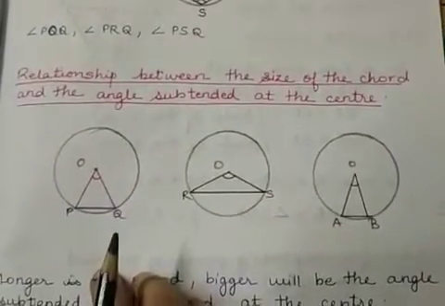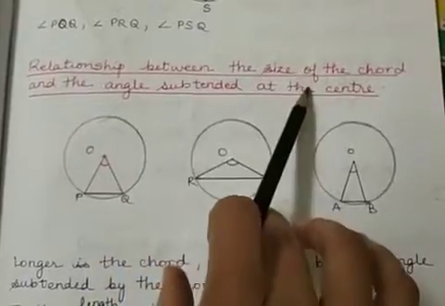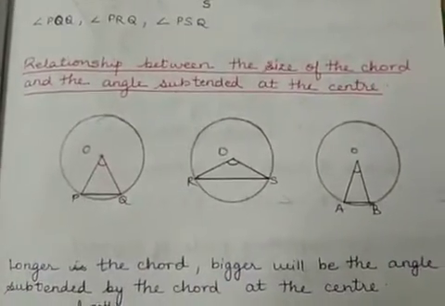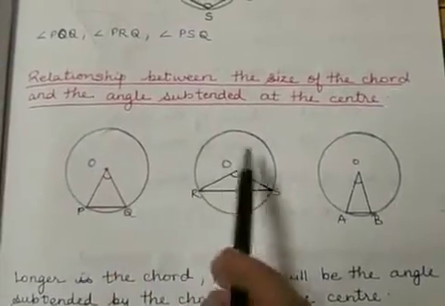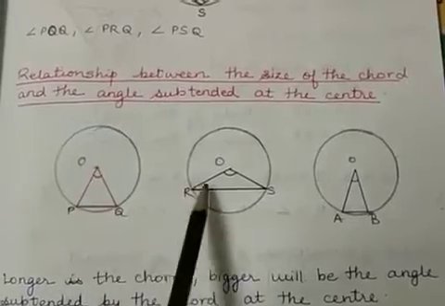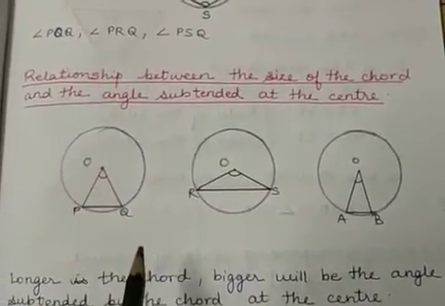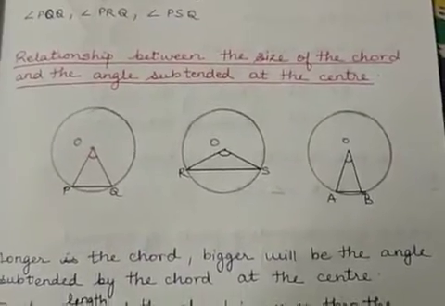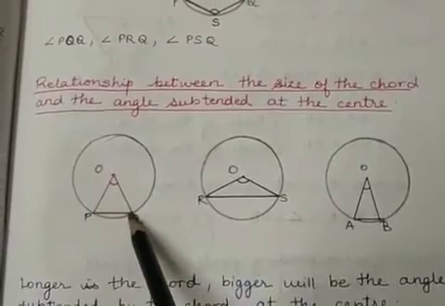Hello students, in this video we will see what is the relationship between the size of the chord and the angle subtended at the center. Now look at all these three figures, and look at the length of the chords in each of the figure. Now I want you to infer from the figure the relationship between the angle subtended by the chord and